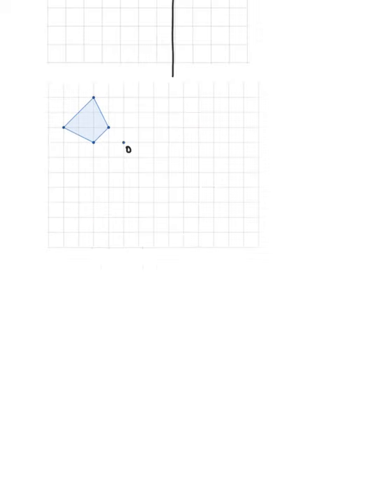So now we have a different point and a different object. However, we have the same directions, which is to rotate this object 90 degrees clockwise around point O. So the first thing you want to do is draw your X and Y axis. The next step is to label your points. All right, after you label your points, you want to go ahead and set up the structure for writing out